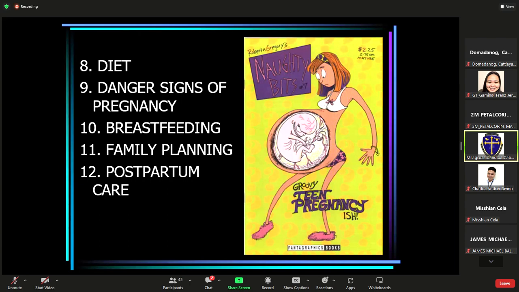Alright? So because there is a rapid drop of the pregnancy hormones, that would put a toll on the mental health of the mother. Lalo na pag walang support ng